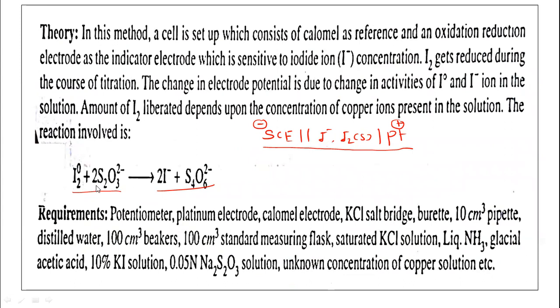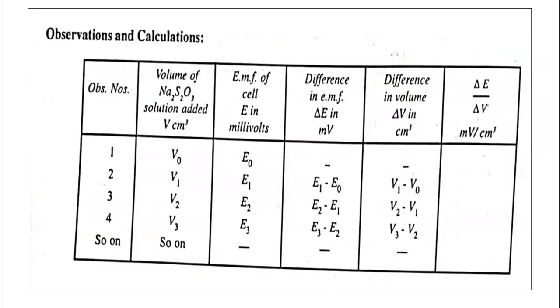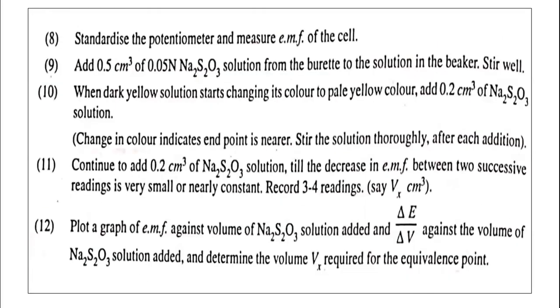And due to the addition of KI, what happens? How is I2 formed? When copper sulfate reacts with potassium iodide solution, there is a formation of I2, and later on that iodine reacts with the sodium thiosulfate solution from the burette. So when we add the sodium thiosulfate solution from the burette, the I2 reacts with it, and therefore the dark color disappears and is converted to a pale color first. Okay, pale yellow color.